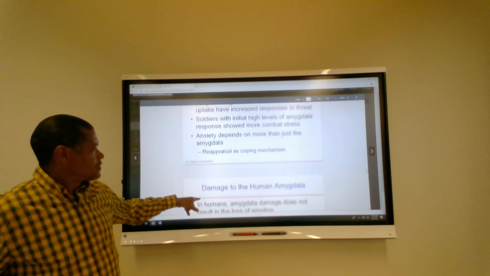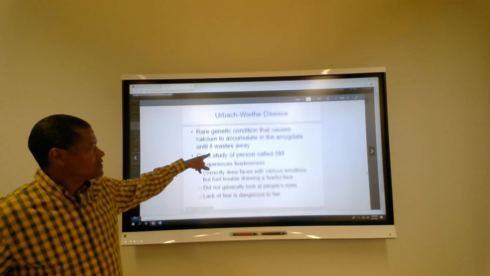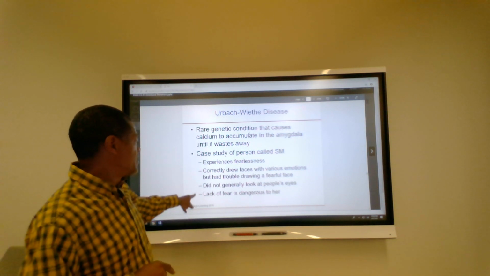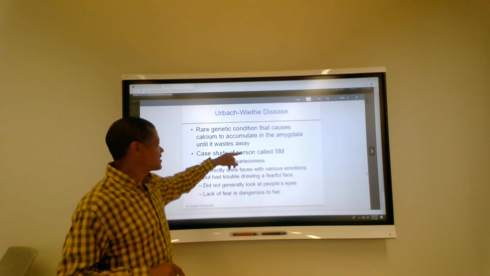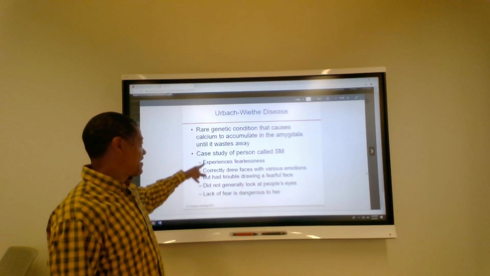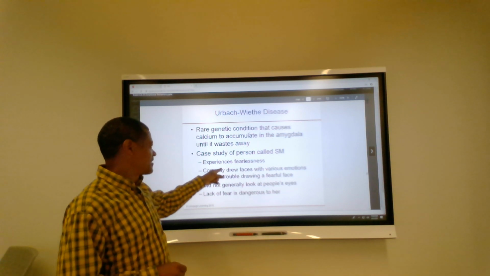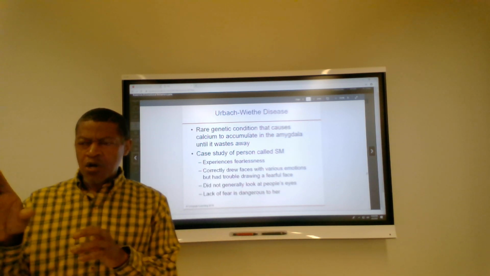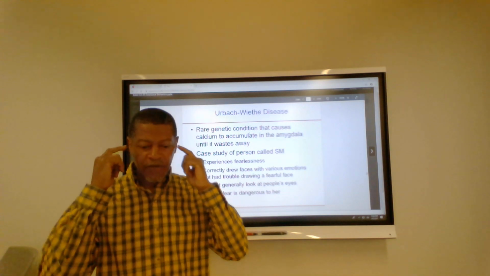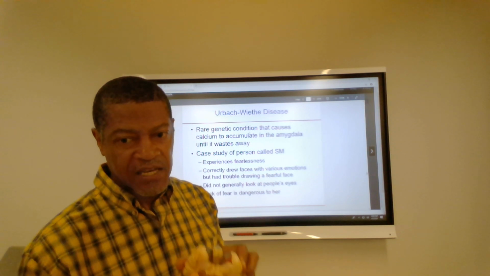And the last part, dealing with this damage, there was another disease called the Urbach-Wiethe disease. If you have this area of amygdala not working right because of, let's say, some calcium deposits causing it to wear away and not work right, it says the people then lacked fear and they became fearless. So they couldn't really define emotions of what is and what isn't fearful. But again, this is a disease causing wearing away of that area called the amygdala. So it must be very sensitive to us processing emotion.